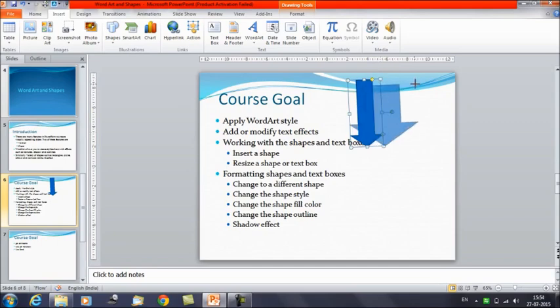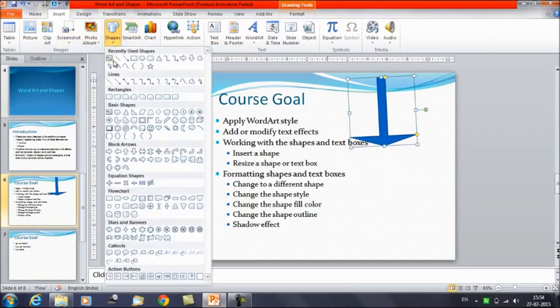That would help you to resize the image, and these yellow pointers will help you to resize, as you can see in this way. And one yellow handle is here, so with the help of this we can try to decrease the size.